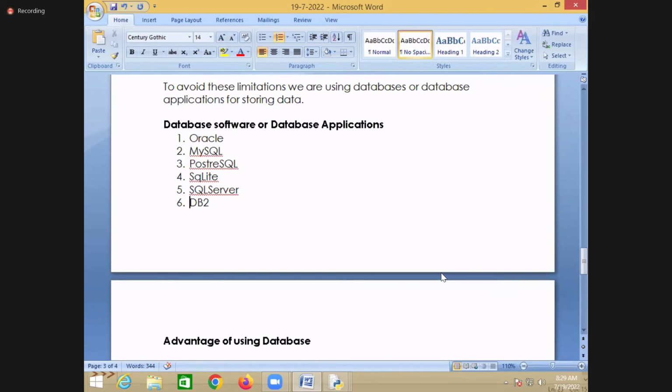All these are database applications, or all these are called database softwares. Oracle is database software, MySQL is a database application or software. There are a huge number of databases out there; MongoDB is also database software.